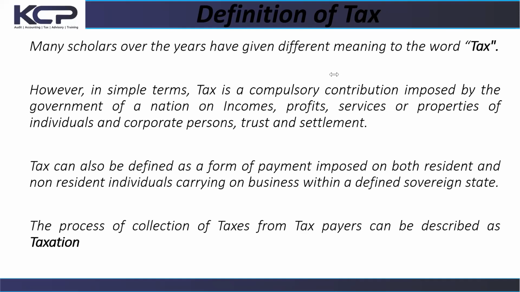That is not true. The correct answer is you must have spent a minimum of 183 days. So that 183 days rule is applicable, whether you are a Nigerian or you are not a Nigerian. For you having resided in Nigeria for a minimum period of 183 days in a particular calendar year, you are liable in Nigeria in that year.